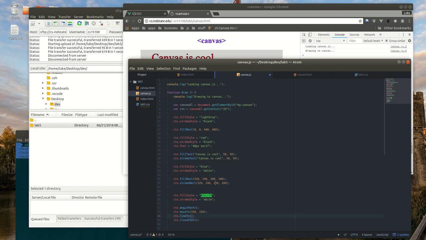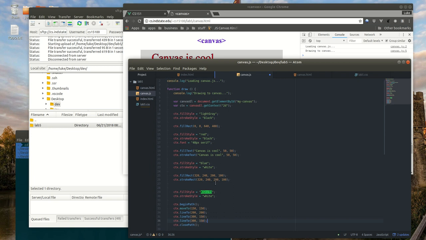Alright, so let's go x to 200 and y to 200, and then line to x to 300 and back to 150. That should be like a diamond shape, and then we'll go